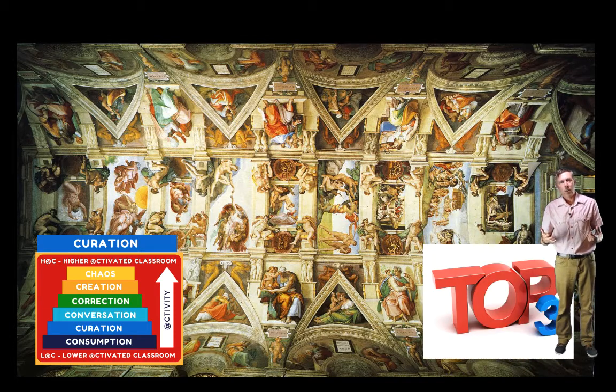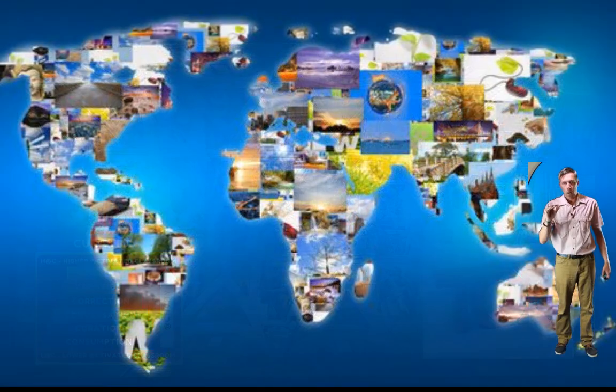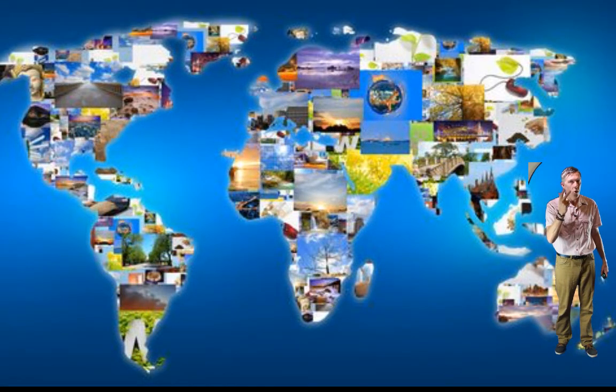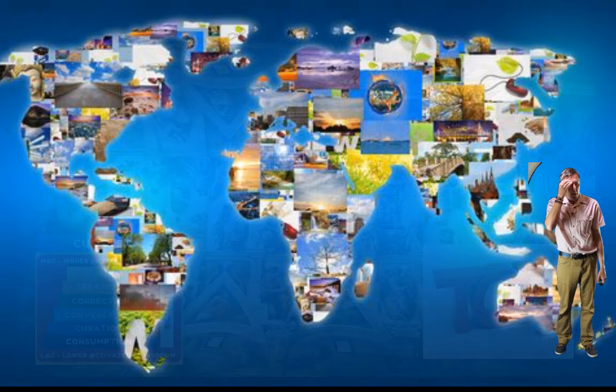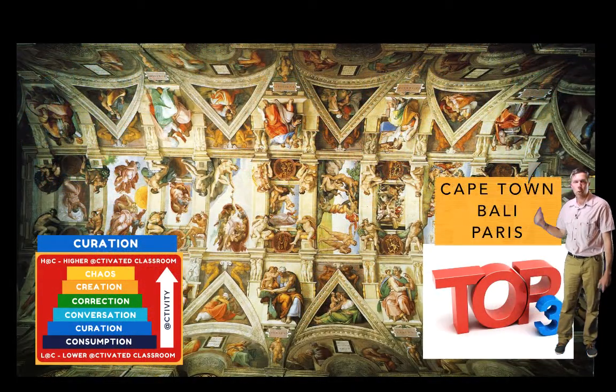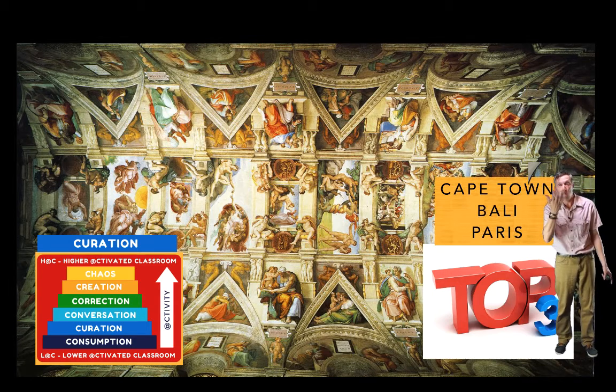And we see it all the time. You see, we don't like to use our brains. So there'll be a magazine that comes out and says, these are the top 5 best apps, or these are the top 3 holiday destinations. Okay, so I'm going to ask you: if I asked you right now, what would you say are your top 3 holiday destinations in the world? You can go anywhere. You've got a ticket that allows you to go to 3 places. Where would you go? Think about it for a moment. Your brain's going, oh man, I don't know, there's so many. Well, if I put them up, all of a sudden you go Cape Town, Bali, Paris. I don't think you can just, well, maybe.